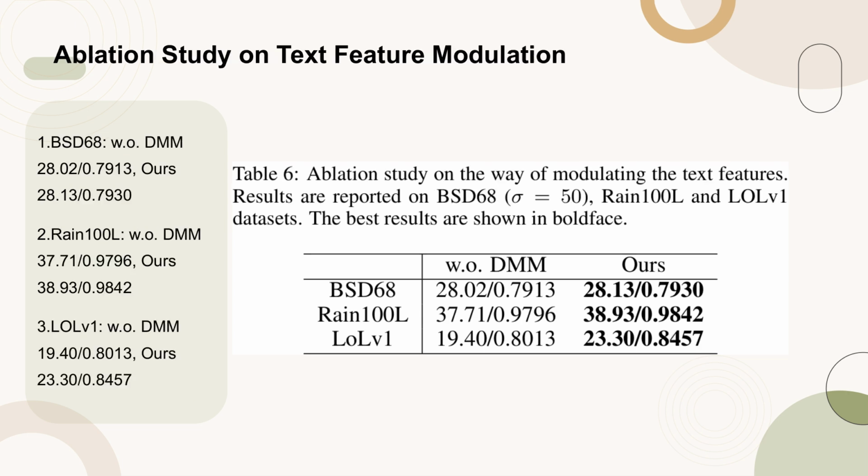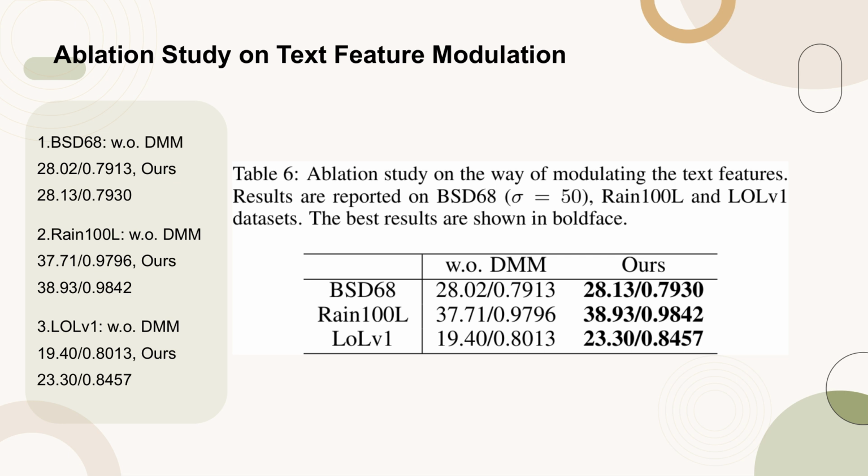Table 6 presents the results of an ablation study focusing on the method of modulating text features. The study evaluates the performance on 3 datasets: BSD68, Rain100L, and LLV1. The results indicate that the proposed method, which utilizes DMMs, degradation context-based transformer network, outperforms the baseline without DMM in all datasets. Specifically, on BSD68, the PSNR/SSIM values are